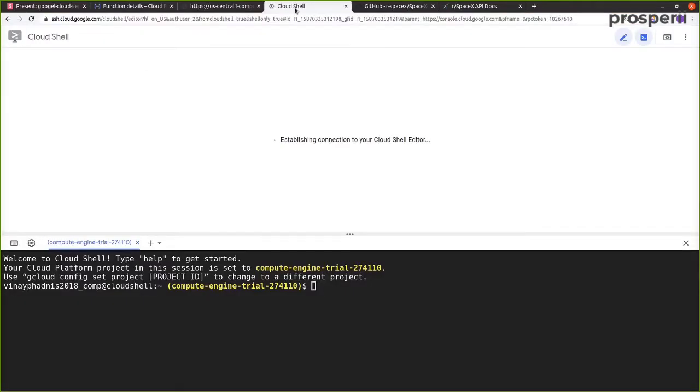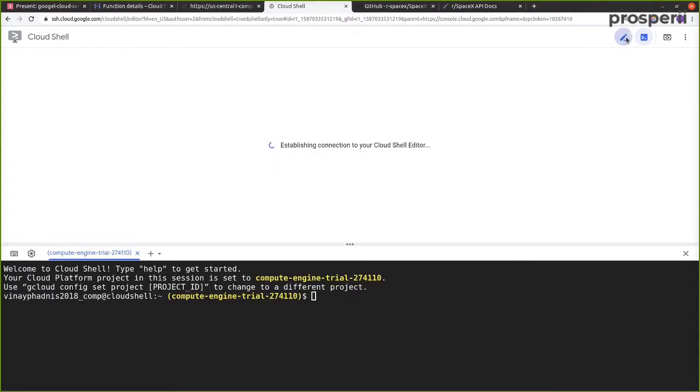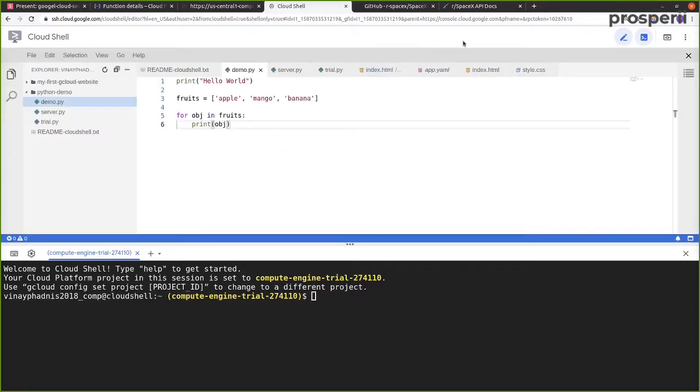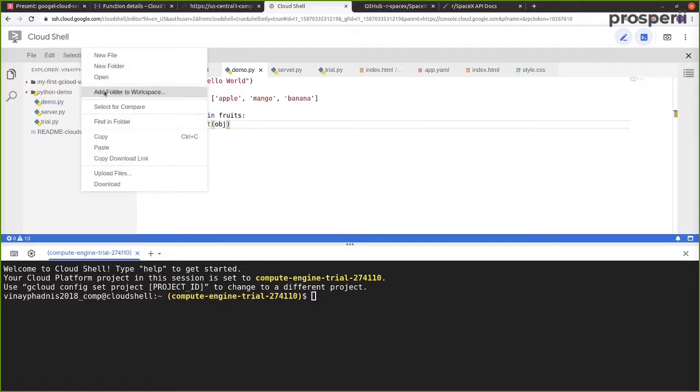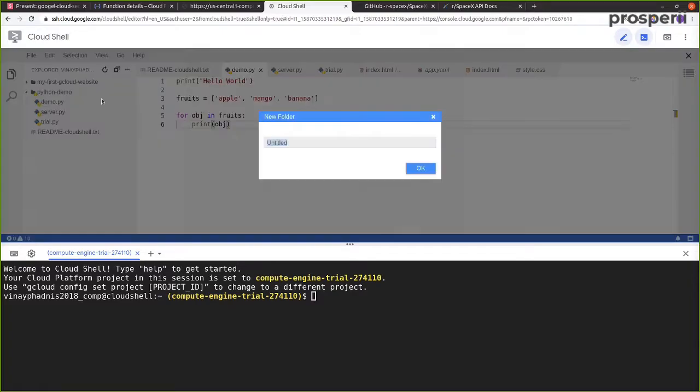To do that, once we have the Cloud Shell started, let's start Cloud Shell again. Once Cloud Shell is started, let's create a new folder. Over here, let's create a new folder by pressing right click and new folder.